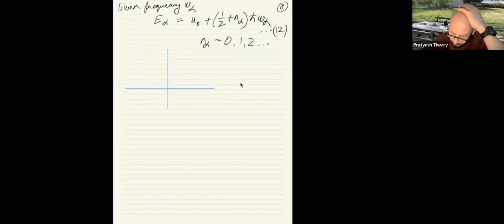So you have these energy levels, and this is the ground state energy, and I'm plotting it as a 0 here. So this corresponds to n is equal to 0. So for a certain frequency,